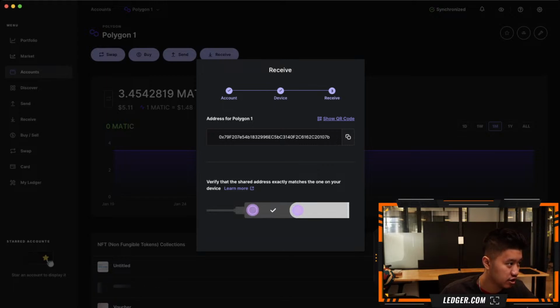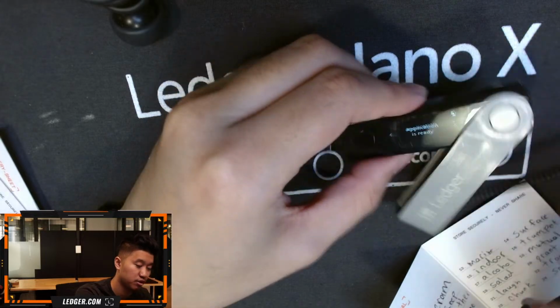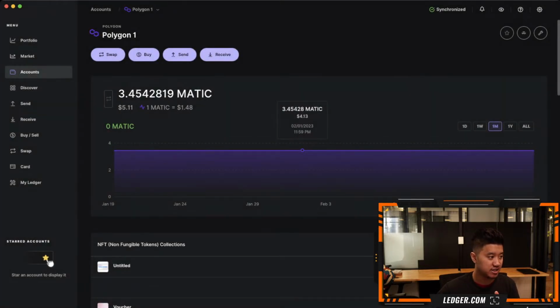0x79F207 C20107B. Okay, let's go back to the device. Boom, boom, boom, boom, boom. Cool. Approved. All right, so let's go back to Ledger Live. We have the address. Now, what I'm going to show you is how